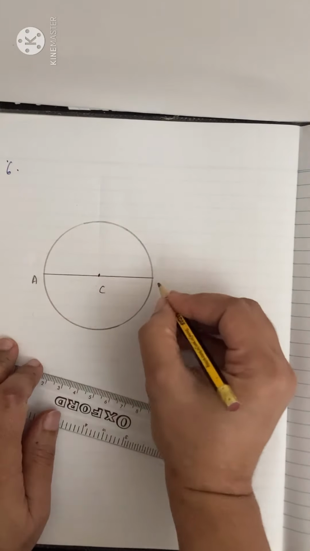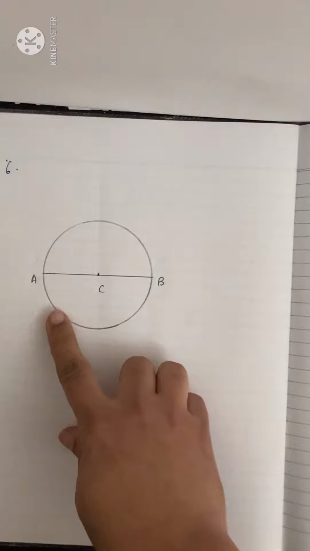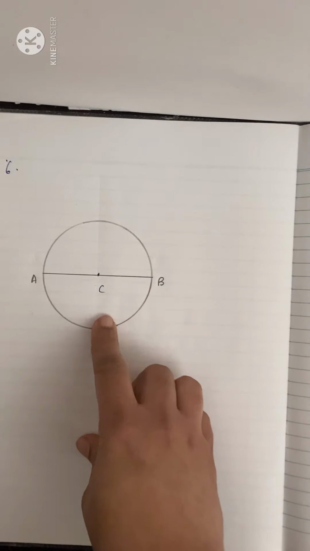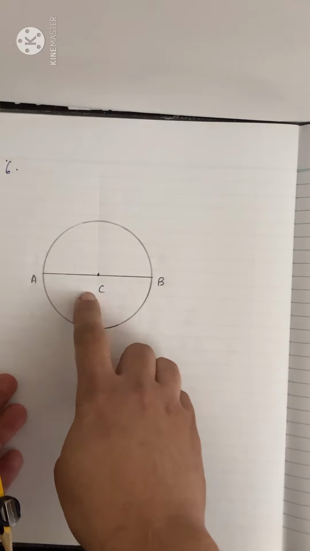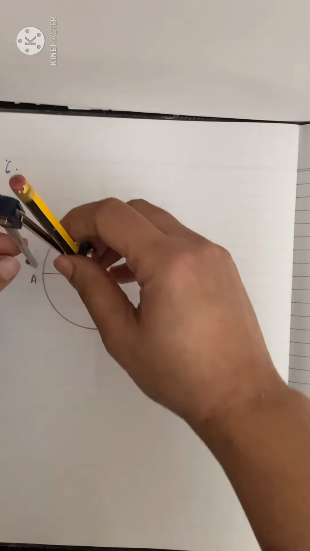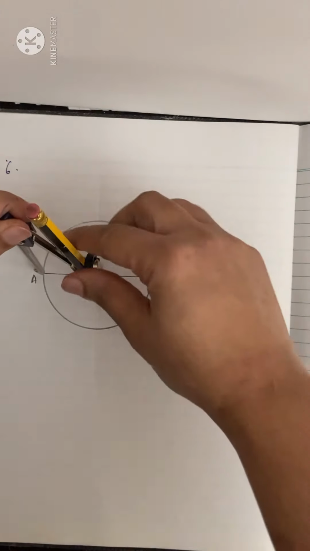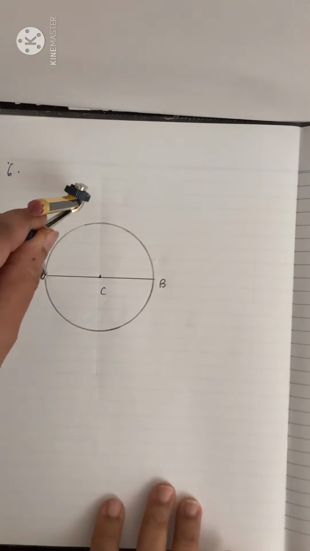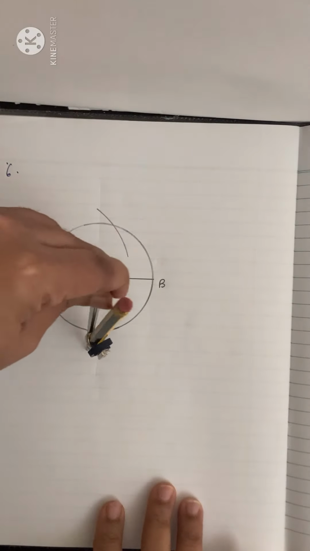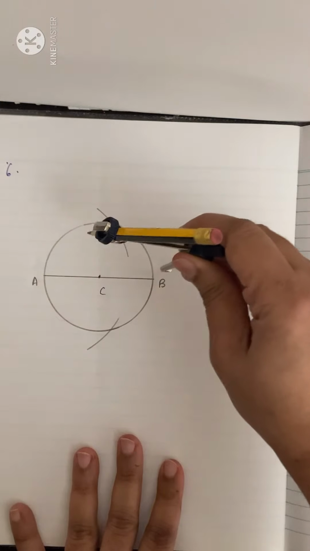So this is AB. Now we have to draw the perpendicular bisector of AB and you have to examine whether the perpendicular bisector passes through the center C. How to draw the perpendicular bisector? With A as center, take a radius more than half of AB. Draw an arc, top and bottom of the line segment. With B as center,